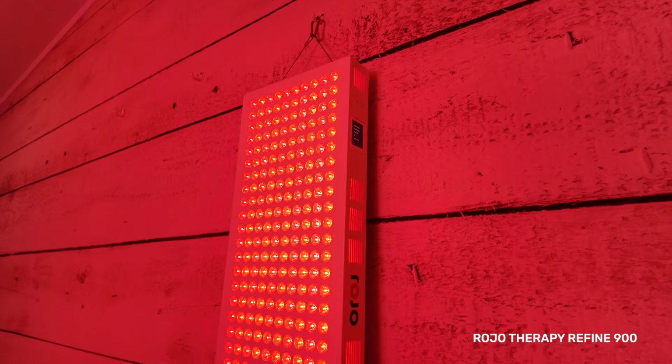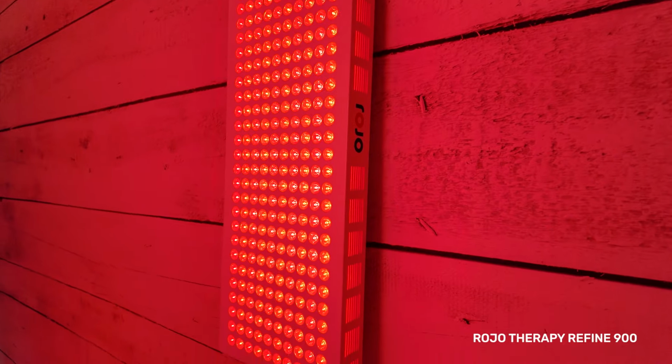If you're on a budget and don't want to just burn through cash, then I'd probably drop down to the Radiotherapy Refine. If you're super tight on money, then yeah, check out the Infrared Pro Max. But I'd actually go back a few minutes in this video and look at all the options that do free shipping and see how they stack up, because you may find that you can get a similar price panel. You may have to pay some import taxes, but it's probably going to be a much better panel than the